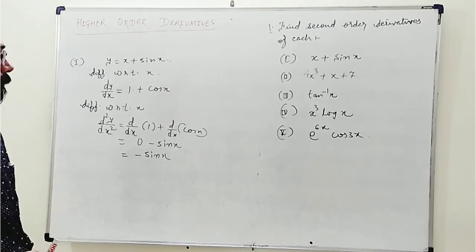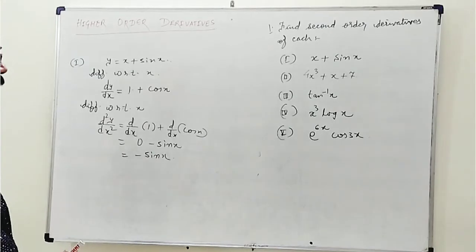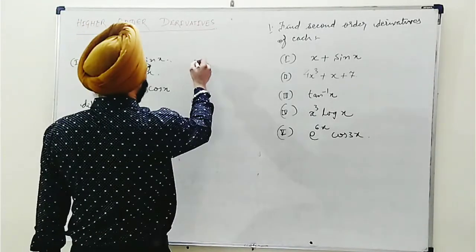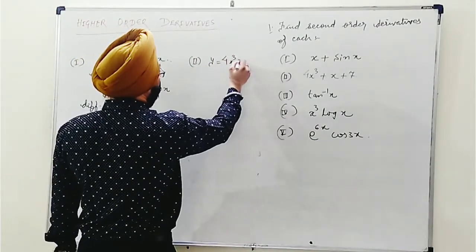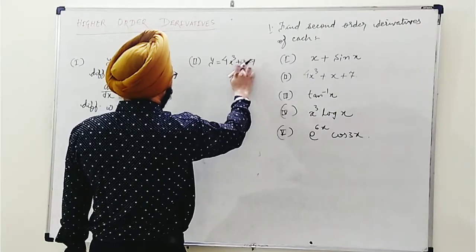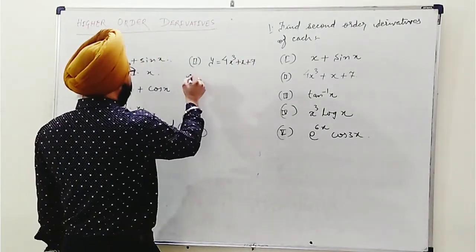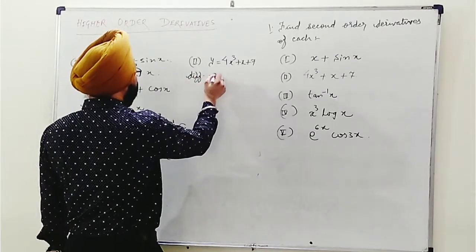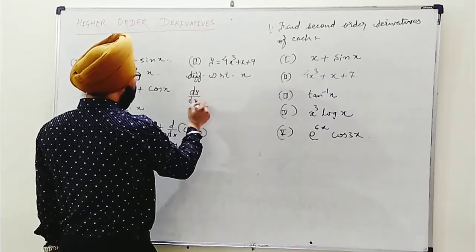Okay, so this is a small observation. Now this was the first example. We will go with the second one. Second one is completely given in algebraic form, 4x cubed plus x plus 7. This also we consider as y, 4x cubed plus x plus 7. Here, if I differentiate with respect to x, then I see it is dy by dx.